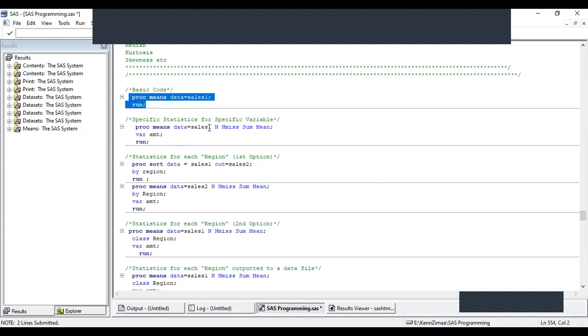Now, in case I want to define or tell SAS which specific statistics I want to see. So here I want to see the number of observations, number of missing observations, the sum or total, and mean for this particular variable amount. So when I run this,